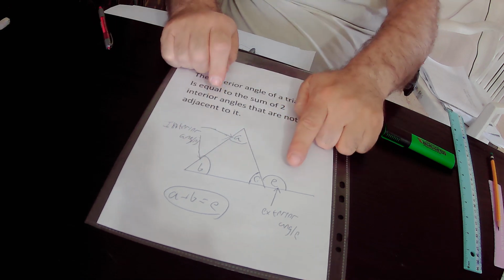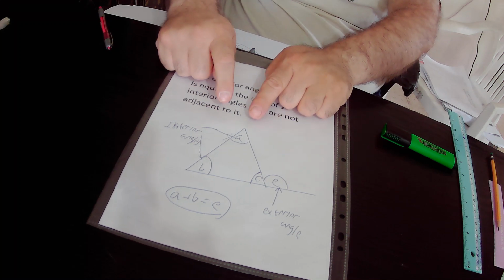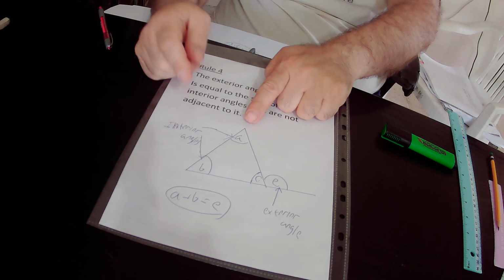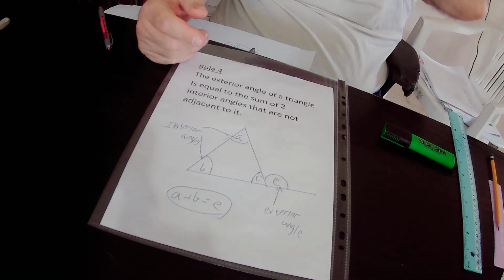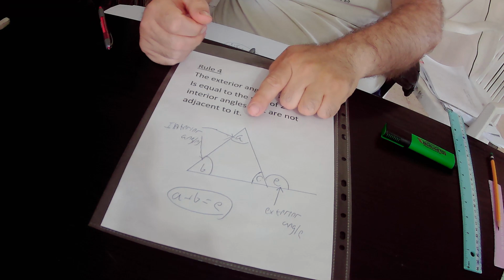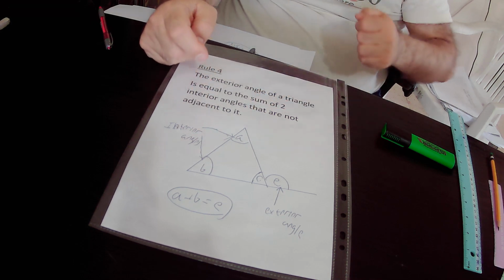So the size of the external angle E is equal to the sum of the two internal angles that are not adjacent to it. That is to say, it is equal to A plus B. So, in conclusion, we found out that the size of the external angle E is equal to A plus B, that is the sum of the two internal angles that are not adjacent to it. So actually, we can implement rule 4 in our drawing. Why? Because in our drawing,